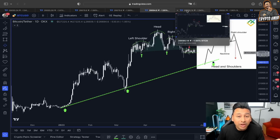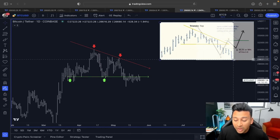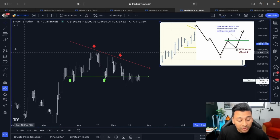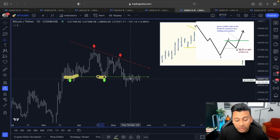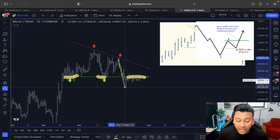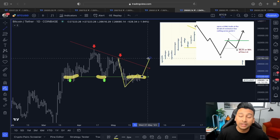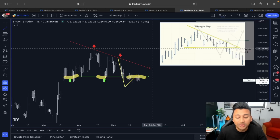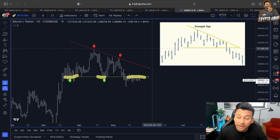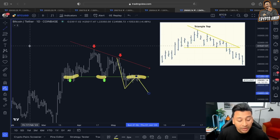And beside the resistance from this head and shoulder, even the resistance from this triangle top played out. I mean, the price is still below this key line, right? This line acted as a strong line of support. This line rejected the price. So what we need the price of Bitcoin to do right now, even if this is going to be a continuation pattern, I mean a bullish continuation pattern, we need the price to find support above 27,400, 27,500 at any cost. And if this here is going to be a reversal in the medium short term,